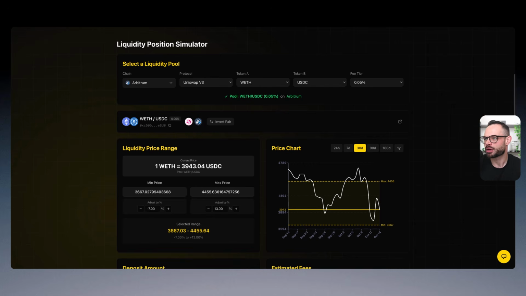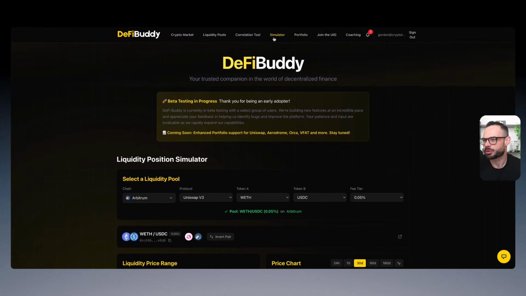But the goal of the pool simulator and the liquidity position estimates here is to give you that rough guideline as to how much you could be generating. And that can be very useful when evaluating liquidity pool opportunities across different networks, but also across different fee tiers for specific trading pairs. Okay, so in DeFi Buddy, you're going to be able to come up to the Yield